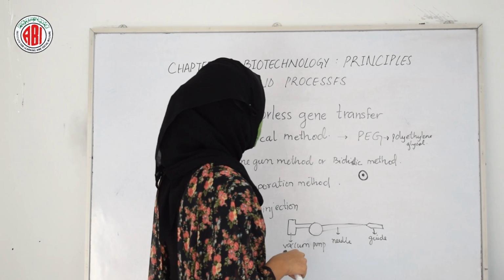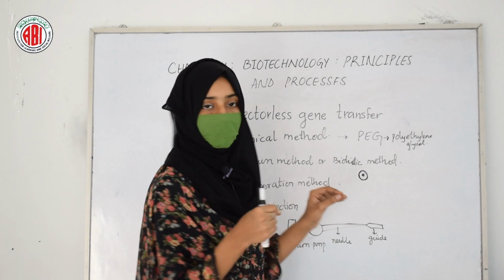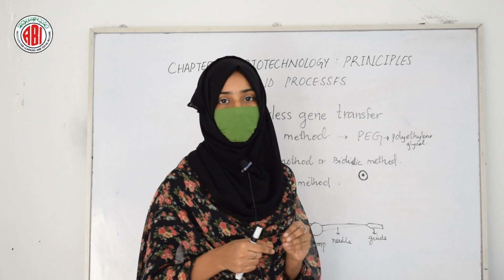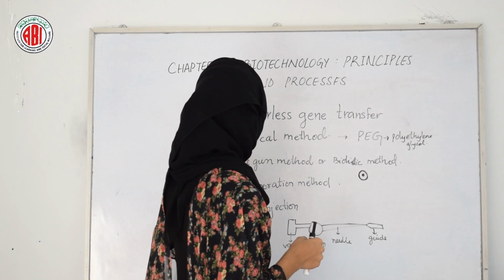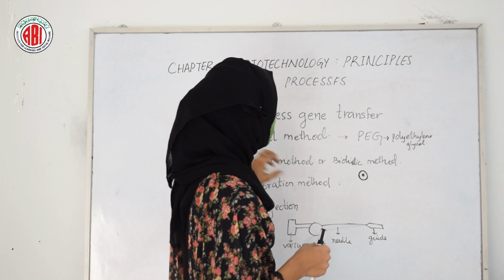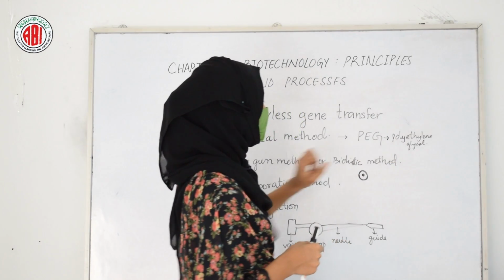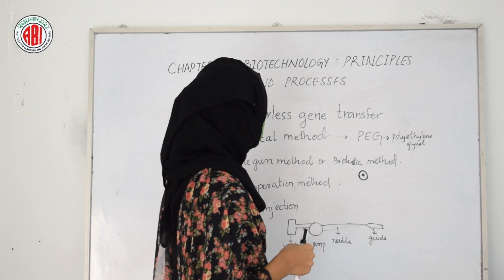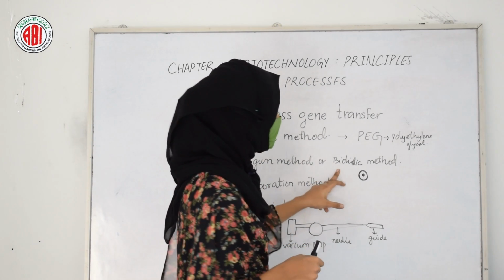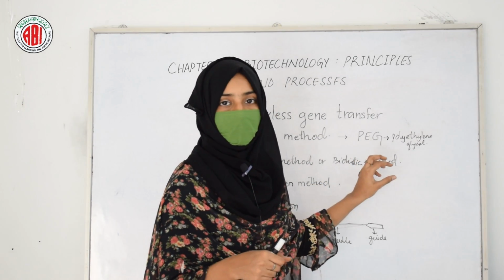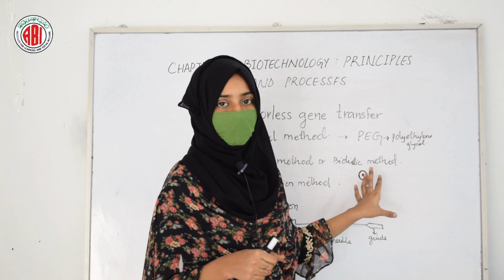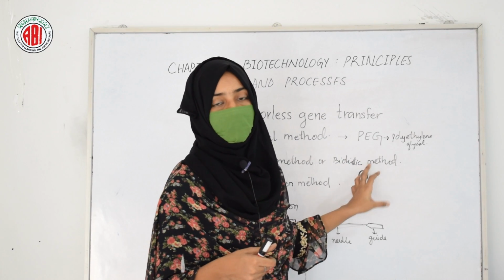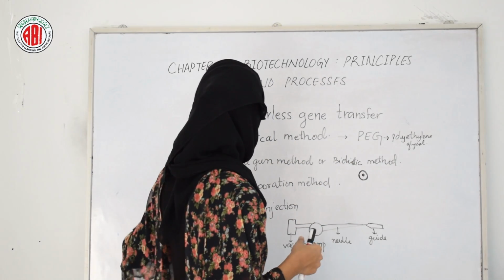These are the methods where the gene can be transferred into the host cell without using any vector. In the chemical method, we are using a chemical medium called polyethylene glycol through which the gene can be transferred. In the gene gun method, which is also called the biolistic method, the DNA is coated with gold or tungsten particles and it acts as a shot and it can be easily shot into the host cell. In the